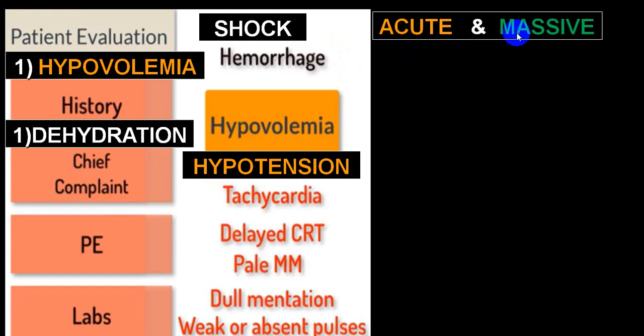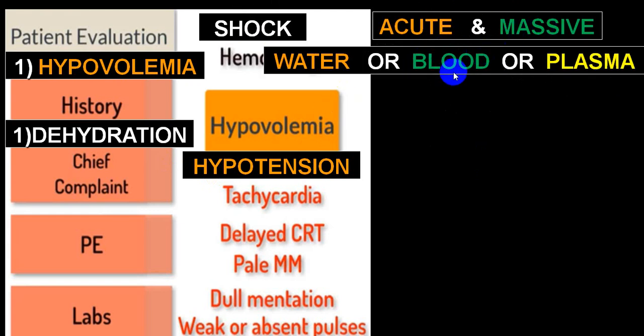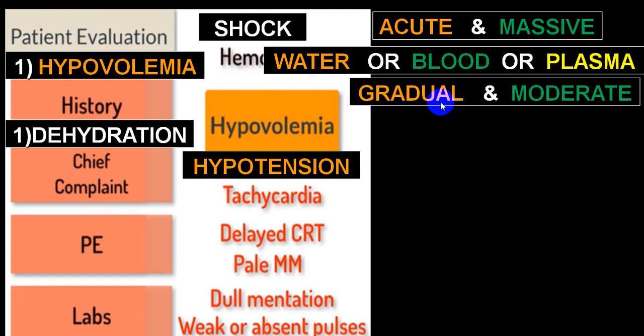You can have an acute and massive loss. You can have a second group of people where there is no blood loss, but there is pure water loss. We'll mention that as a dehydration, and they may be in a shock stage. They will be hypotensive to a shock stage. Person might have a blood loss like hemorrhage, we call hemorrhagic shock, and plasma loss, particularly in case of extensive burns, very typical. There may be a gradual loss. This will be usually hypotensive, and then later stage they may go into a shock stage.